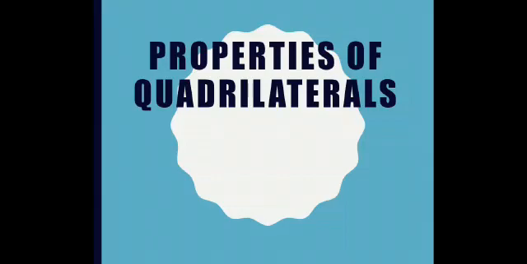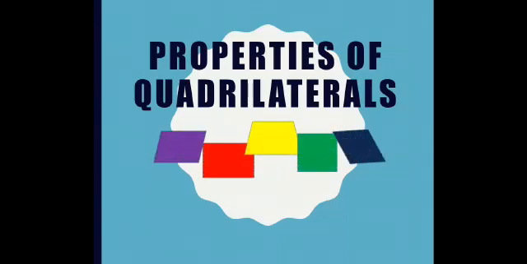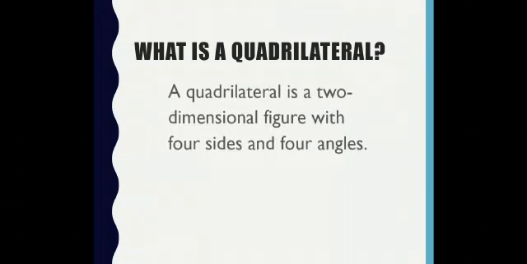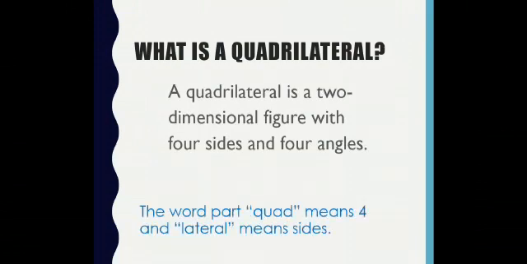Good morning, children. Today we are going to start with the topic of quadrilaterals, its types, and the properties of all types of quadrilaterals we will be studying. You people are aware of the term quadrilaterals. Quadrilaterals are basically polygons which are made up of four line segments. So, a quadrilateral is a two-dimensional figure with four sides and four angles.